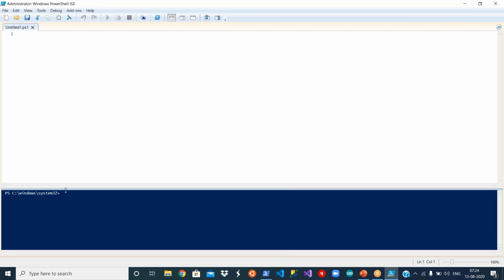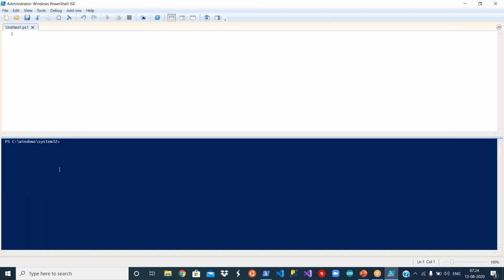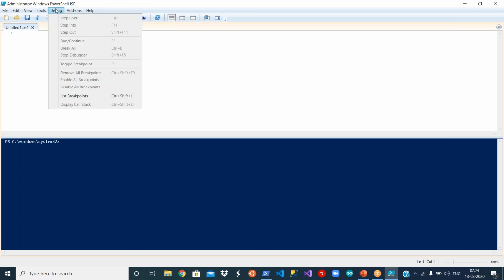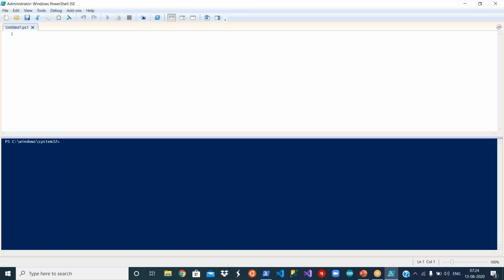The bottom one, what you see is your PowerShell window, which is again integrated in your PowerShell ISE. Here you can write your script. When you are executing, the bottom will show it as a console, all what is happening. And you can debug. If you have 10 lines or 20 lines of code, you can put debug points and inspect the data as well, the way you see in Visual Studio, Eclipse or any other IDEs. Okay, and you can save it and whatnot.